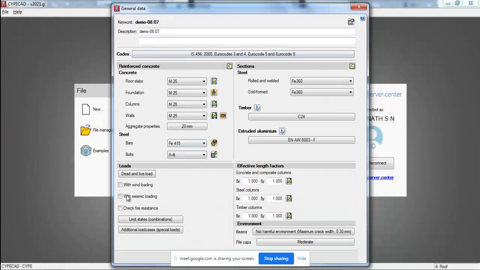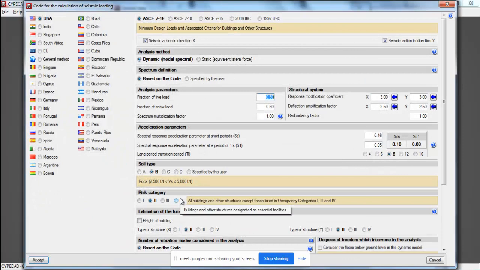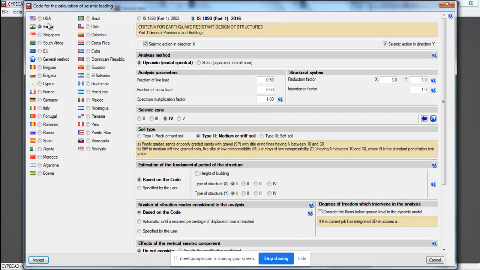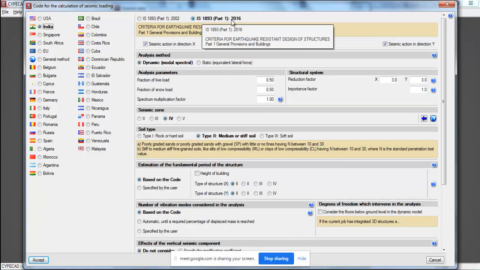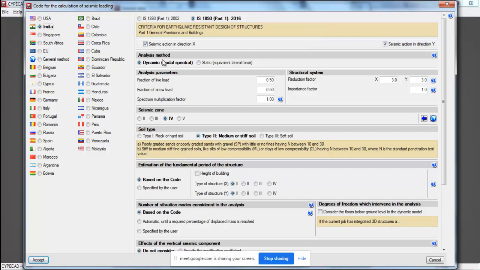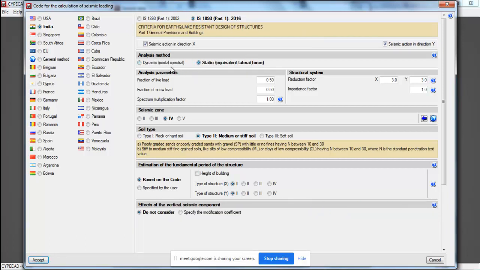The same way, if you want to do the seismic design, consider seismic design and select Indian code. When you select Indian code here, the IS 1893 2016 code is selected. You can do the analysis based on modal analysis or static analysis, either of these, and you can give all the necessary information like the fraction of live load to be considered, snow load to be considered, and then the R value and I value.